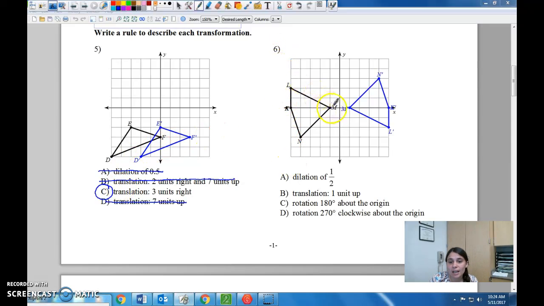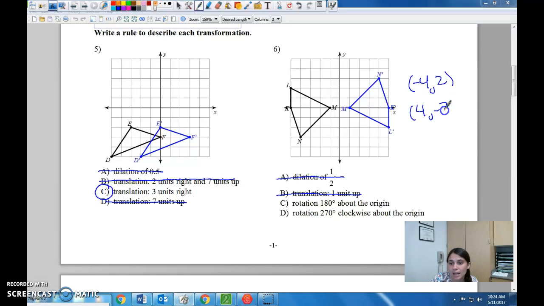Number 6, I have this shape that ends up over here. Again, it looks like the same size, so I'm going to say no to the dilation. This didn't move up or down at all, so it can't be up. So it's got to be a rotation of either 180 degrees or 270 degrees. I know rotations of 180 degrees just change my points to the opposite. So like this point here, L, that's at -4, 2, if it rotated 180 degrees, point L should be